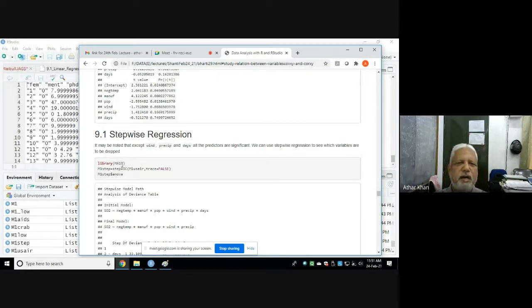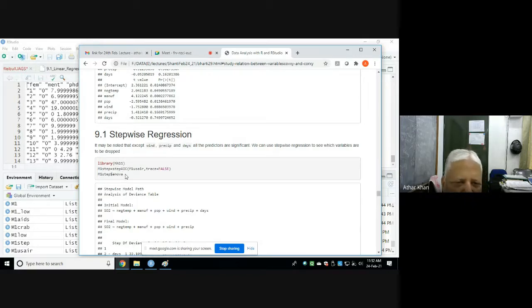MASS package is a package of R. Actually, there is a great book, Modern Applied Statistics with S+, written by Venables and Ripley and published by Springer. It is a great book on data analysis and computing. Venables is at Australian National University and Ripley is at Oxford. This is a great book to read. The 4th edition was published in 2002, and it contains S+ and R both. This MASS package is that of R only.